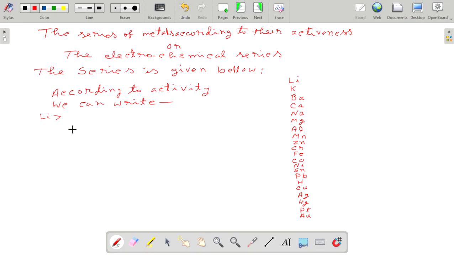Li greater than potassium, greater than barium, greater than calcium, greater than sodium, greater than magnesium, greater than aluminium, greater than